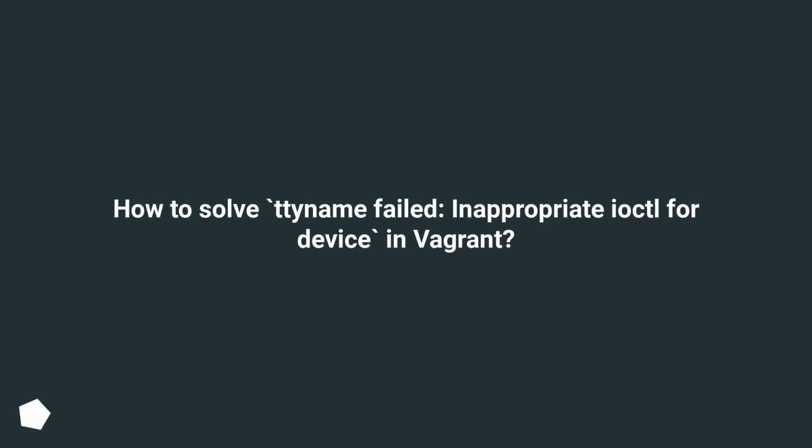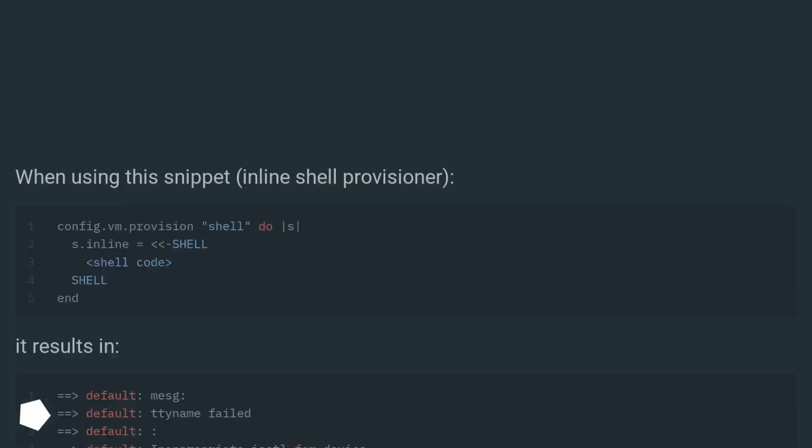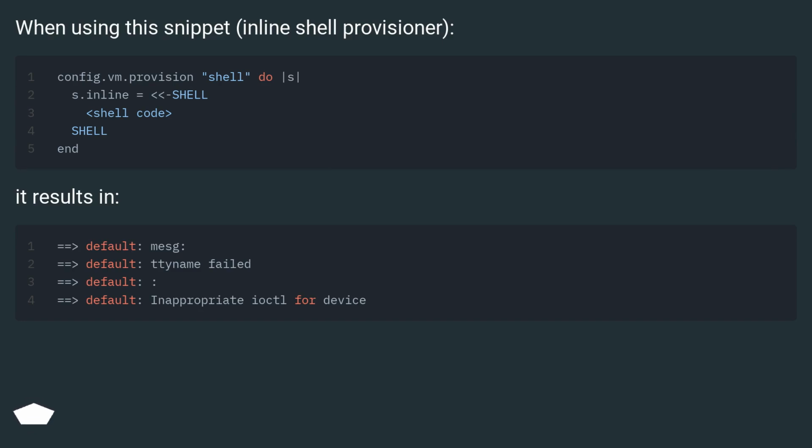How to solve ttyname failed, inappropriate ioctl for device in Vagrant. When using this snippet, inline shell provisioner, it results in